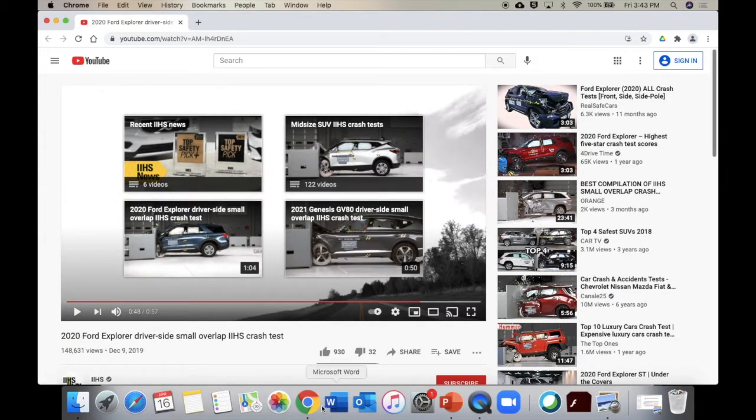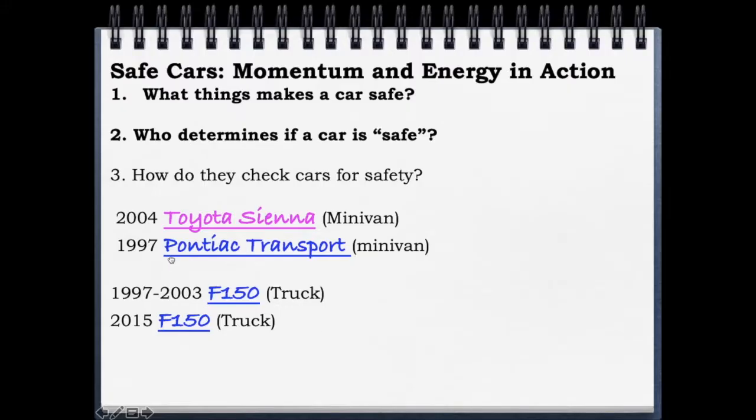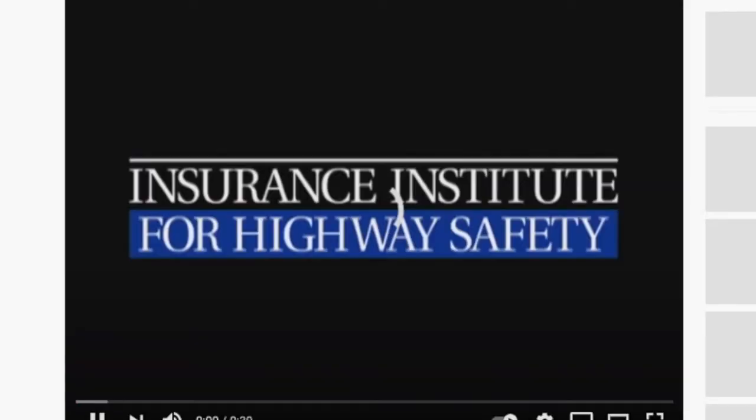Another vehicle that I've seen out in our parking lot actually quite a bit, not so much anymore, is a 1997 Pontiac Transport. So basically they're kind of two competing minivans. This one Toyota still makes. This one is not made anymore, and you'll kind of see why that is. This is the same speed, 35 miles per hour.